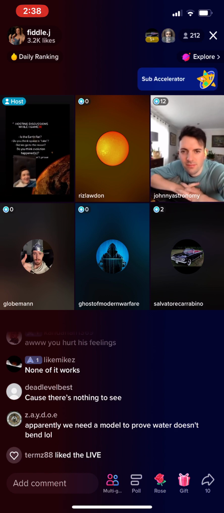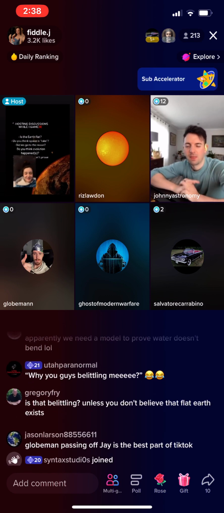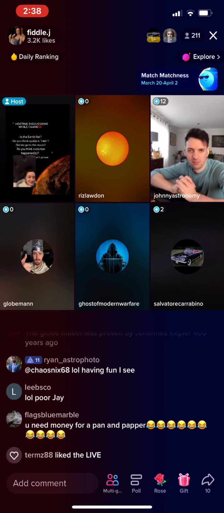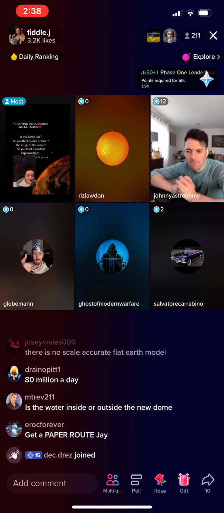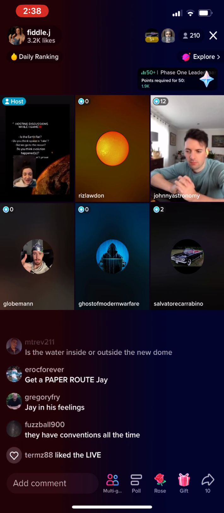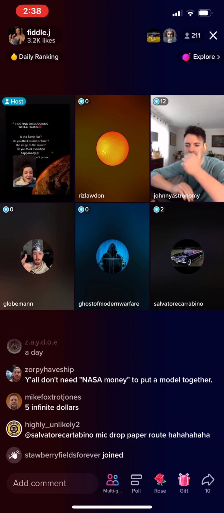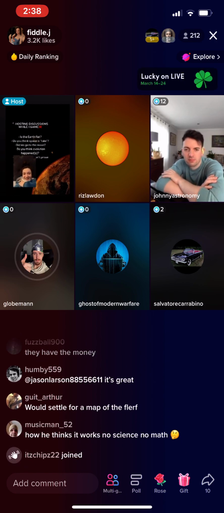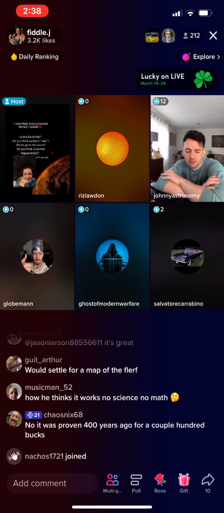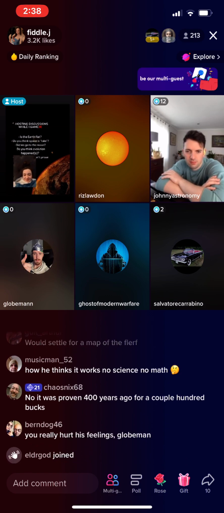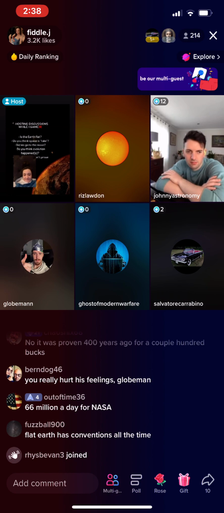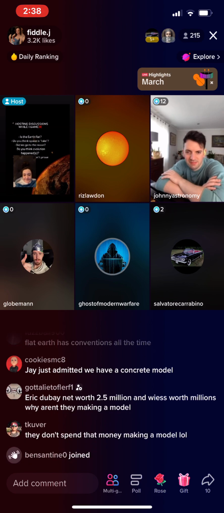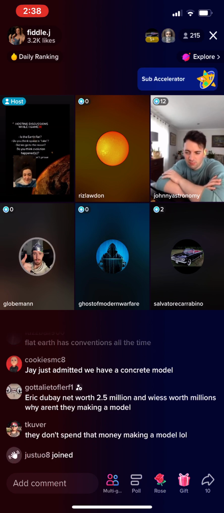How much money do you guys think you need to make this working model? I mean, 86 billion would be okay. $80 million. That much. That's how much it is on the globe side to make this possible. Sal's over here doing it for free. You could borrow my Frisbee. That'll save you some money. Also, NASA didn't make the globe model, so I don't know why what they make matters. We're talking about people who were literally shitting in the dirt, and they figured it out with sticks. So you would rather rely on 600 AD?